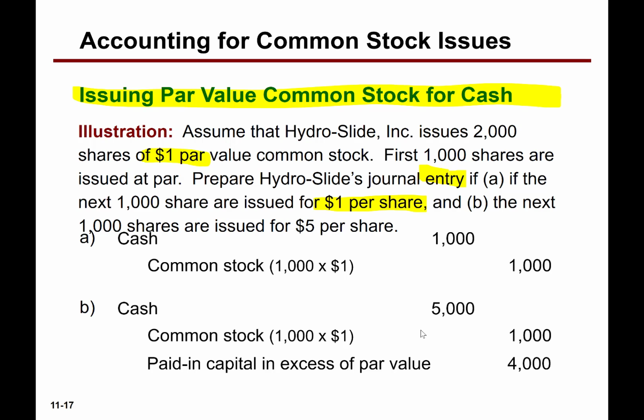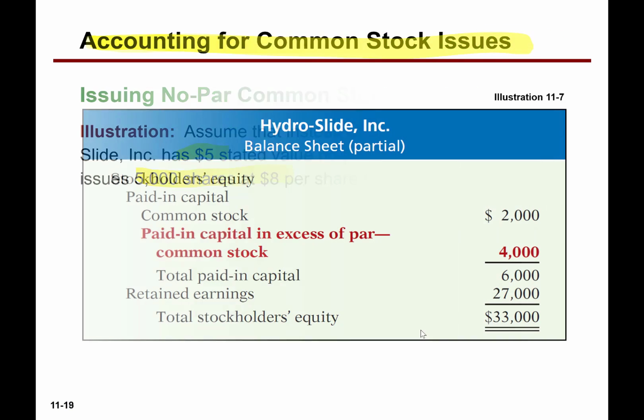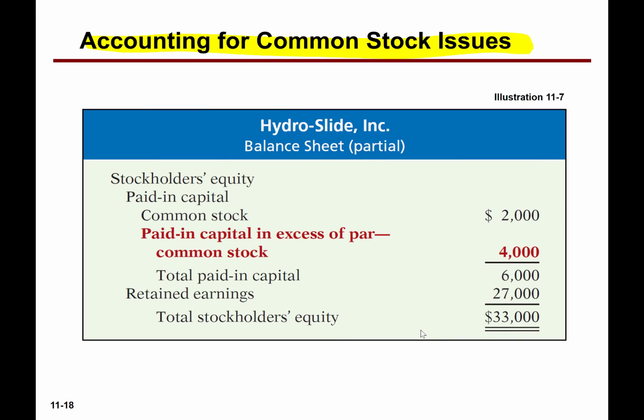The amount that goes into common stock is capped at the par value, and the difference goes into additional paid-in capital in excess of par. Theoretically, this stock is worth $5 a share. Okay? Okay, good. Now you come over, and when we look at our stockholders' equity section now,